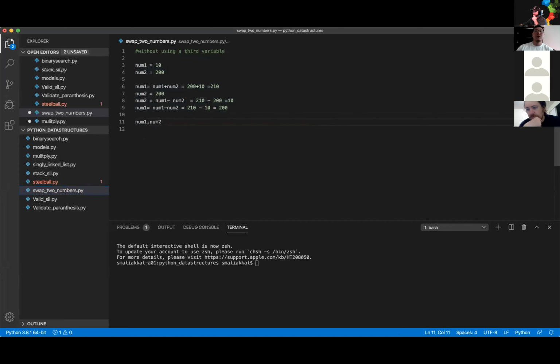So either we can swap without an additional variable like this, or in Python we have num1, num2 = num2, num1. This is Python's way of doing it, where we can swap without using any additional variable. But if you're not doing it this way, then I think this